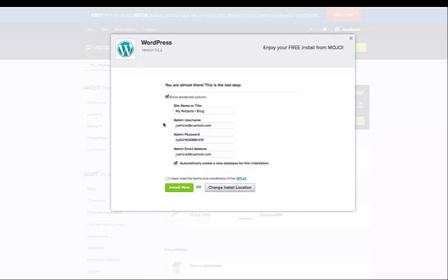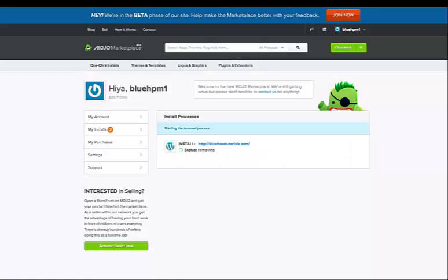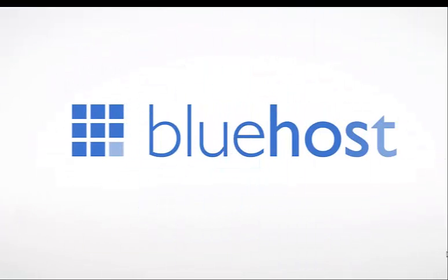And then there are two little buttons for advanced options. You can change your admin username and password if you want there, or just leave the default and click install after you've agreed to the terms and conditions. It'll only take a few minutes to install, and then you'll get a confirmation saying that you are good to go. You'll see your username and your password, and you can go to browse themes and plugins if you want. So pretty easy,